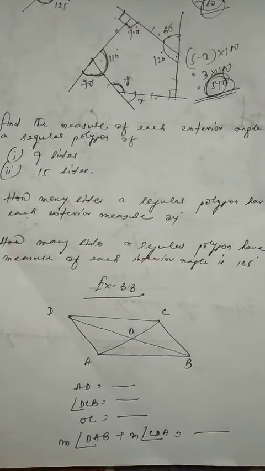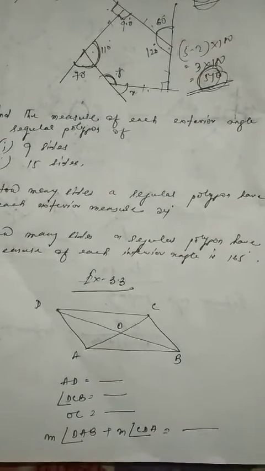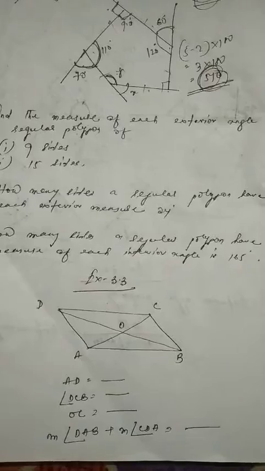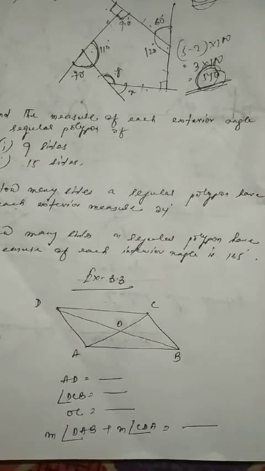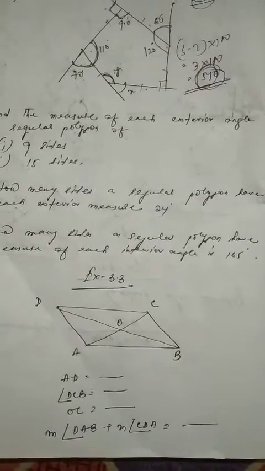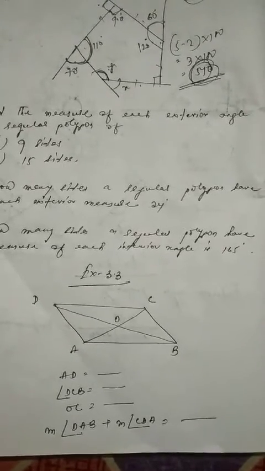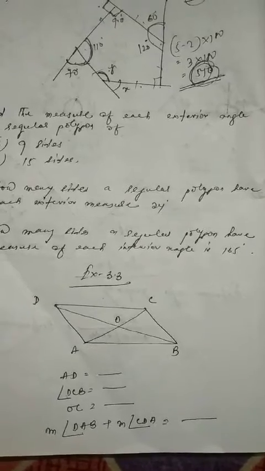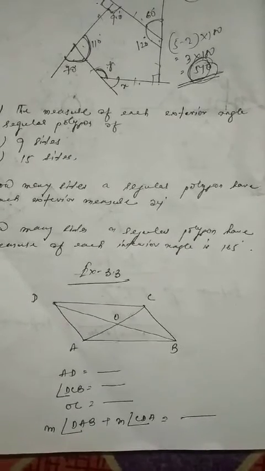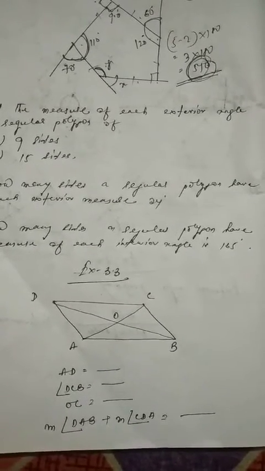Now children, we are going to deal with something related to parallelogram. The very first thing is to understand what a parallelogram is. A parallelogram has many properties, of which we have learned a little in class 7. Their opposite sides are equal, opposite sides are parallel, opposite angles are also equal. A parallelogram is a figure in which opposite sides are parallel and equal, and opposite angles are equal.